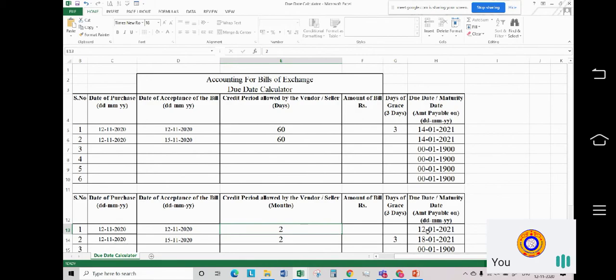I hope you would have understood the working of this Excel file. But still, if there is any issue or if you find any problem, please do let me know. I'll support you, sir, and also I'll make sure that I release it without the password. So I'll just share it without the password, sir. Thank you, sir. Hope it is clear to you. So with this, I'm stopping the share.